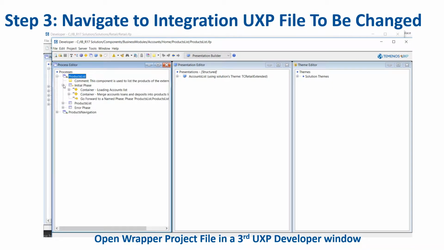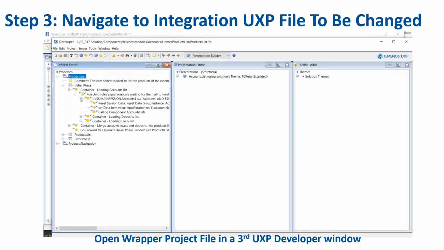Expand initial phase, expand container loading accounts list, expand container, run child rules, expand if container, right-click, calling component accounts list,